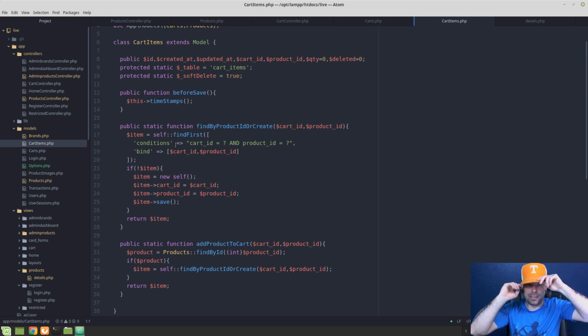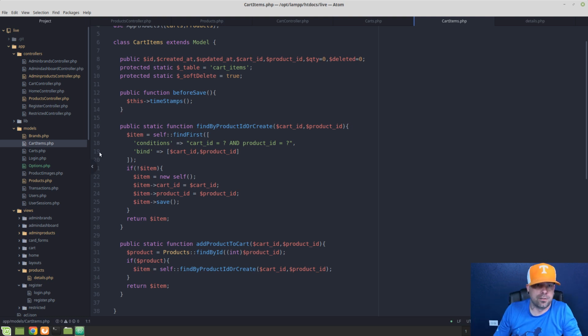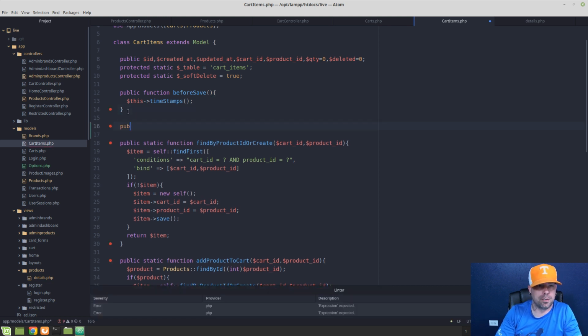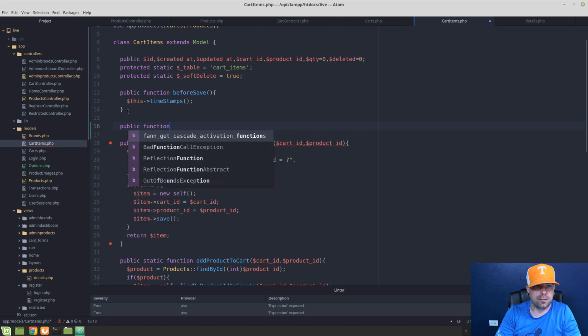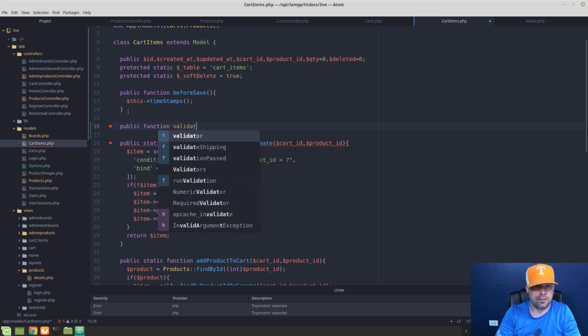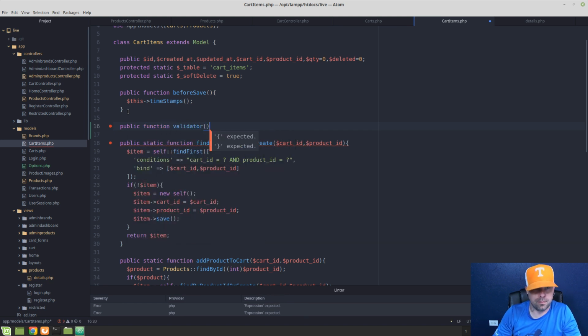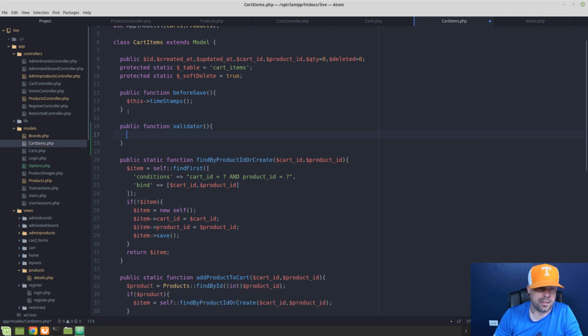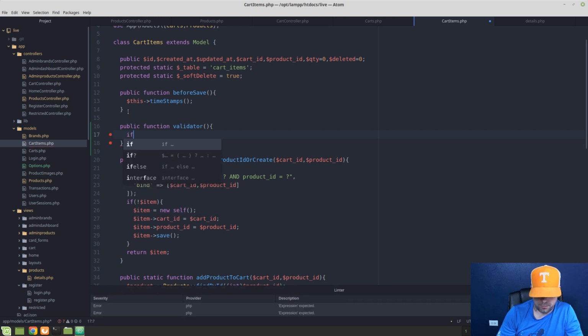We don't currently have any validation going on. So what we need to do here is we're going to say public function validator. And we want to do this. We want to say if